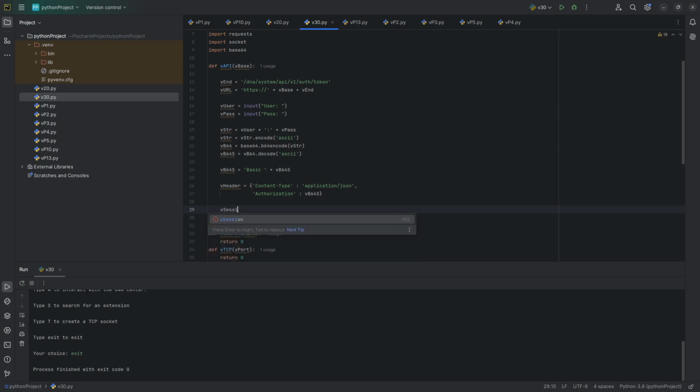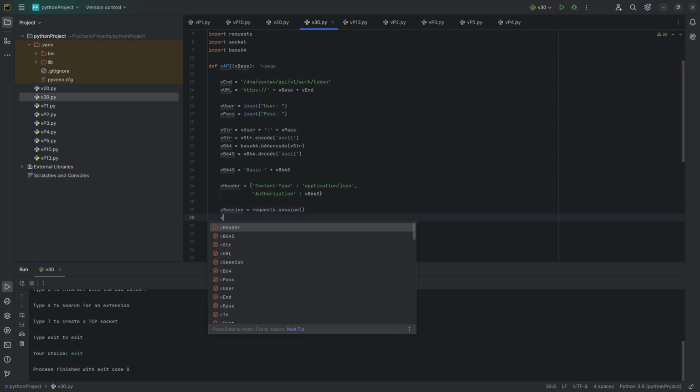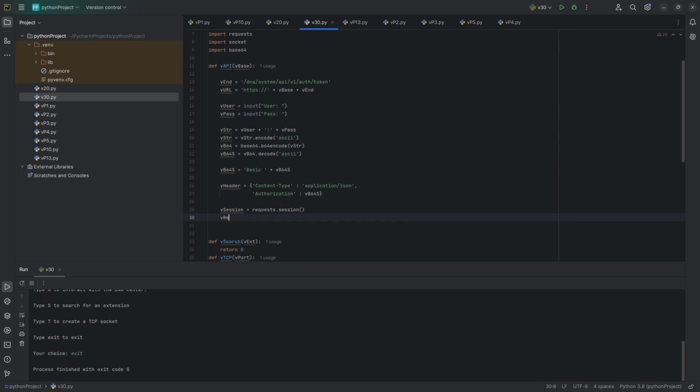Then we can interact with the DNA Center. So I'll create a variable called reSession and then requests.session. Now we will be able to use all the methods available through this module. In reSession, I'll create another variable called response